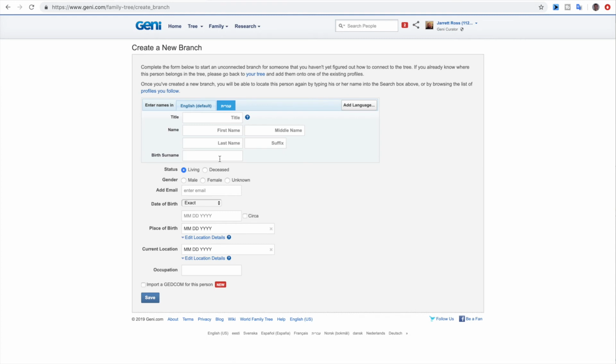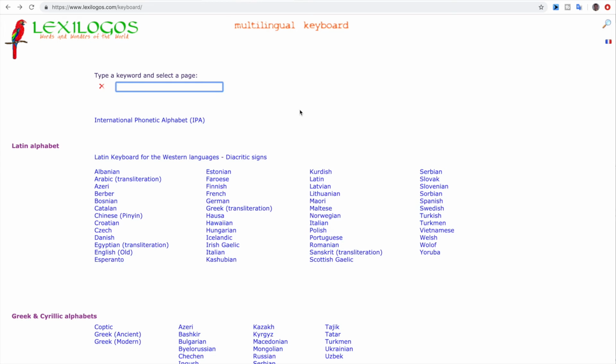Now, as I mentioned, it's often best to use the proper characters from that language in which you're putting the name. So here we have Hebrew, so we're going to want to use Hebrew letters for the name. And for Hebrew, you might not have a keyboard that works with Hebrew, and you might not even be that great with it. You might be actually reading a document that's in your hands and you can't really just copy and paste. Well, if that's the case, a really good helpful tool is the Lexilogos website. They have what's known as the keyboard feature, and this is completely free to use. All you have to do is go to